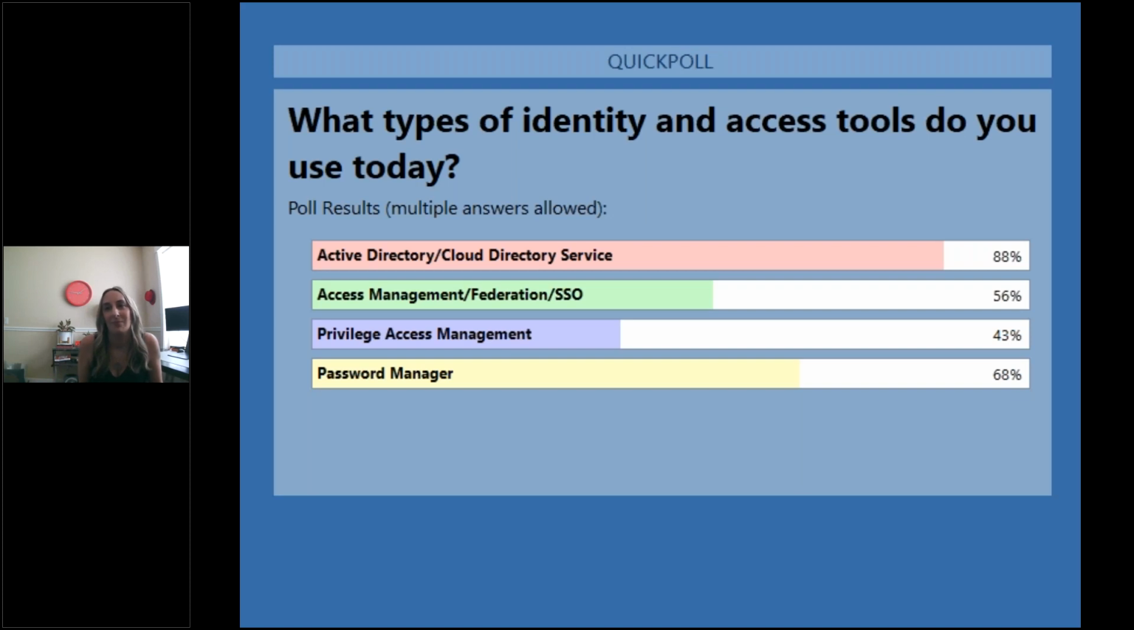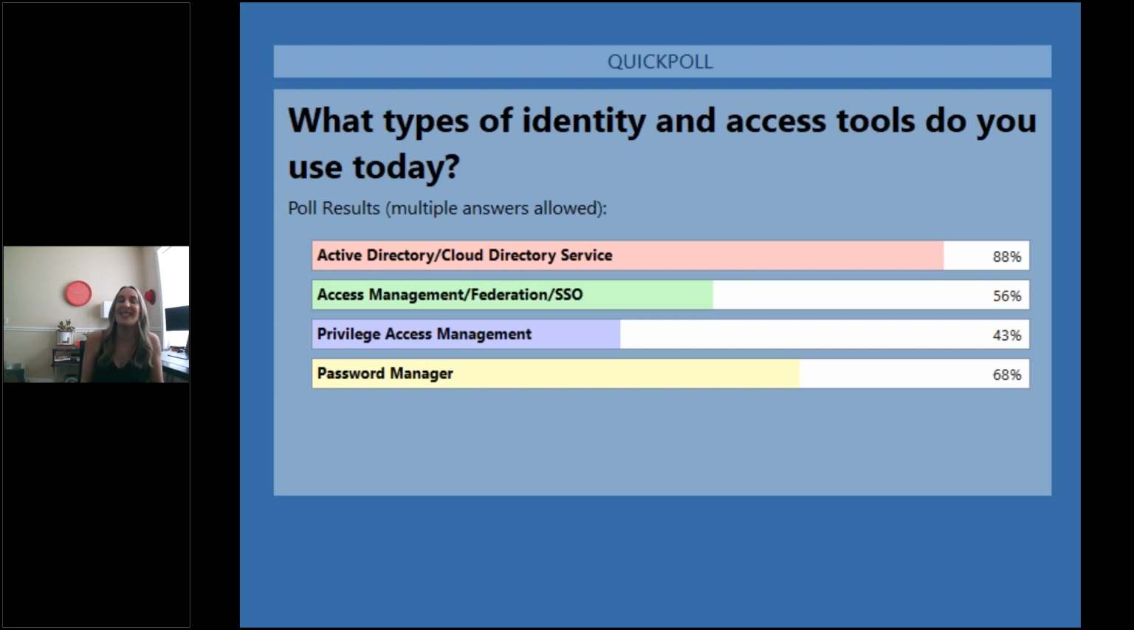56% have Access Management Federation SSO. 43% answered Privilege Access Management, and 68% answered Password Manager. All right, that's fascinating. I expected MFA to be pretty high up there, so this is going to be a